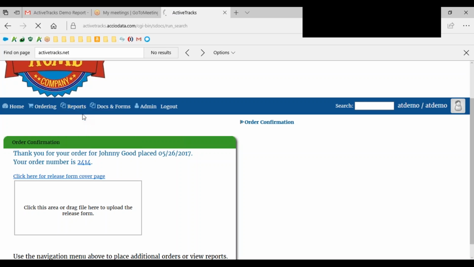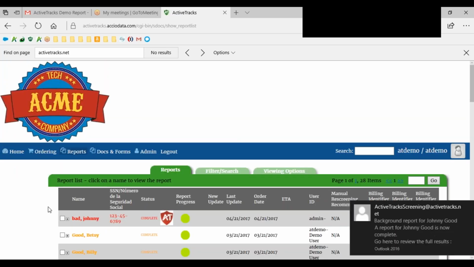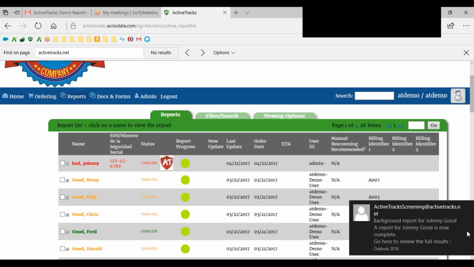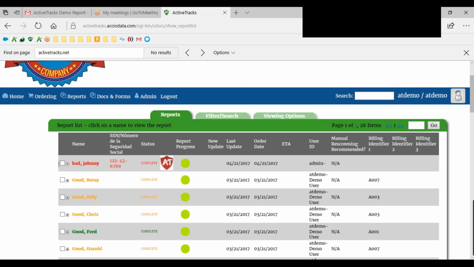Click the checked individuals box. All right, this takes us back to our entire reports option, and it looks like, oh, look here, ActiveTracks screening just completed a background check on Johnny Good. So that's another way. If your email system allows you to click through that, it'd take you directly to the report. But let's say we wanted to go back here to the actual reports filtering page,